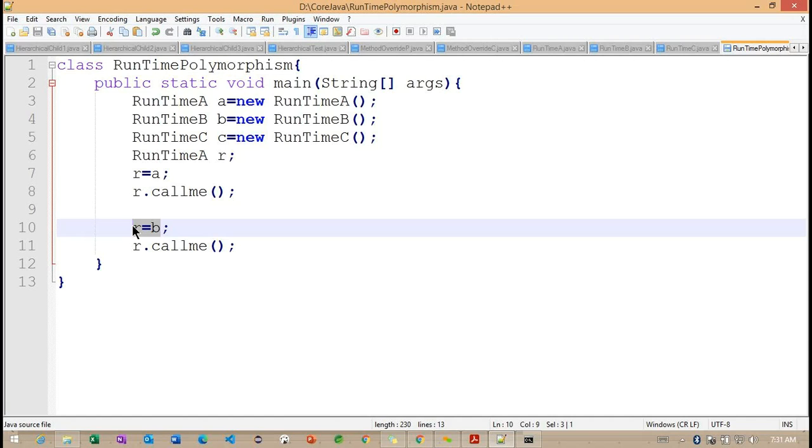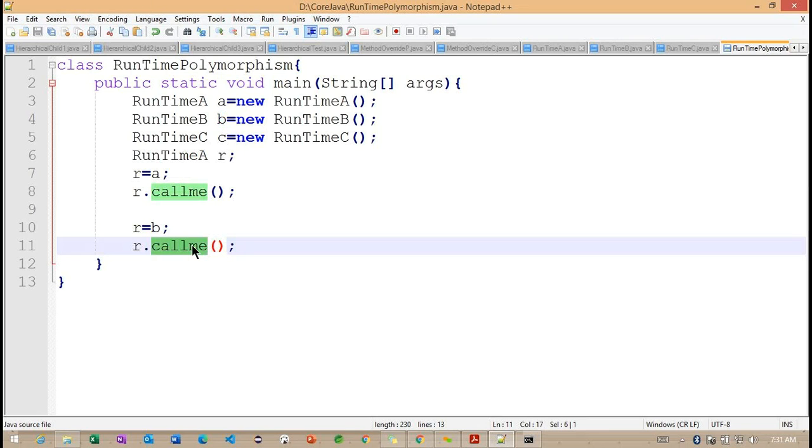So now the compiler is going to check whether the subclass extends the superclass or not. Getting the point? If it is extended, now what will it do? It's going to call the subclass method. First, it's going to check in the subclass whether this particular call me method is available or not. If it is available, it will call the subclass method only.